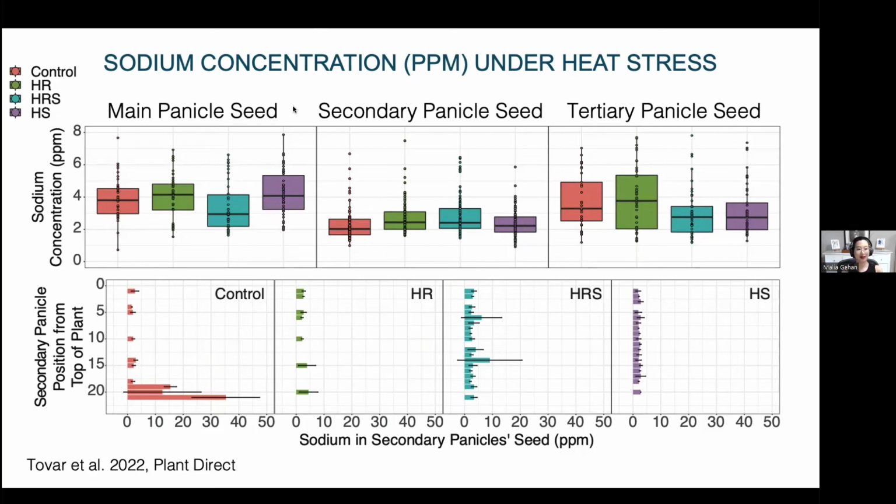Sodium, like I mentioned, is an interesting one under heat stress because quinoa is known to be salt tolerant. What we find is that there's a decrease in sodium concentration under heat stress in comparison to control in all of the samples, even though these heated root samples didn't see any decrease in yield,